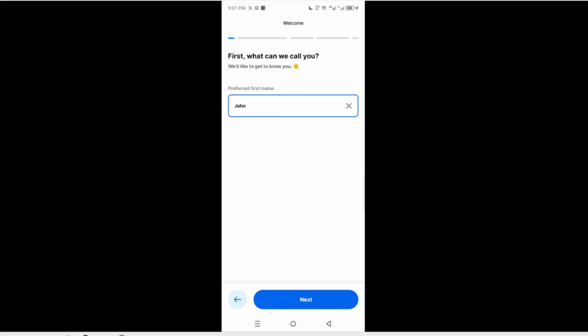After that, add your name in the provided field. This is a straightforward process, as you simply type in your first and last name. Including your name personalizes your account and helps you feel more connected to your fitness goals. This is an important step as it builds a sense of ownership over your health journey.